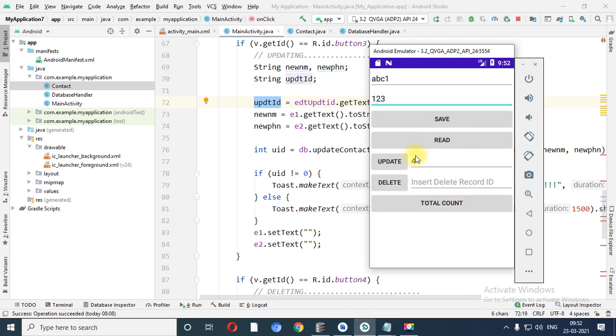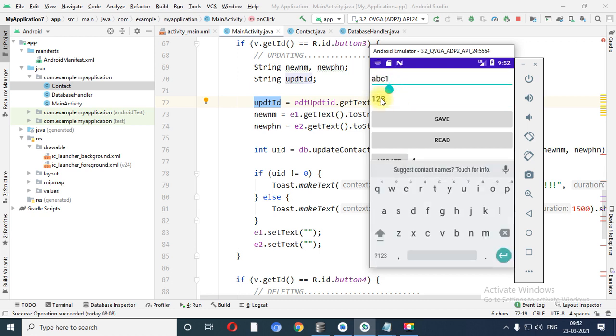The ID number 4 contains new data ABC and 1, 2, 3, and I need to click on update button. Now let me click on read: 1, 3 and 4 ABC and 1, 2, 3. Second record we have already deleted, right? That's why it is not there over here.